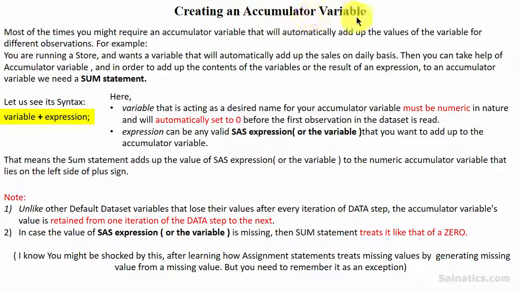Creating an accumulator variable. Most of the times you might require an accumulator variable that will automatically add up the values of the variable for different observations. For example, you are running a store and want a variable that will automatically add up the sales on a daily basis. Then you can take help of an accumulator variable,